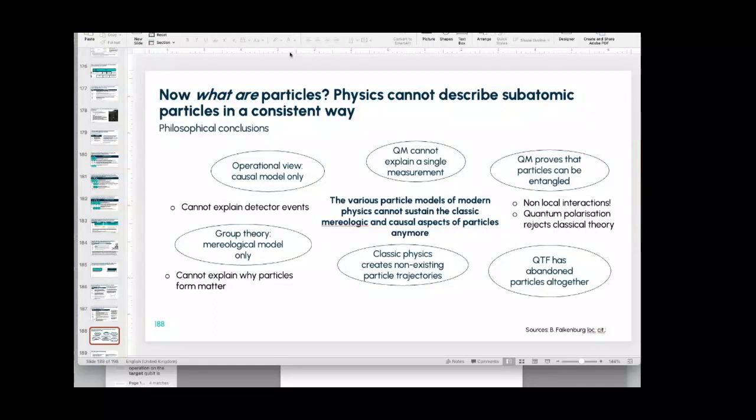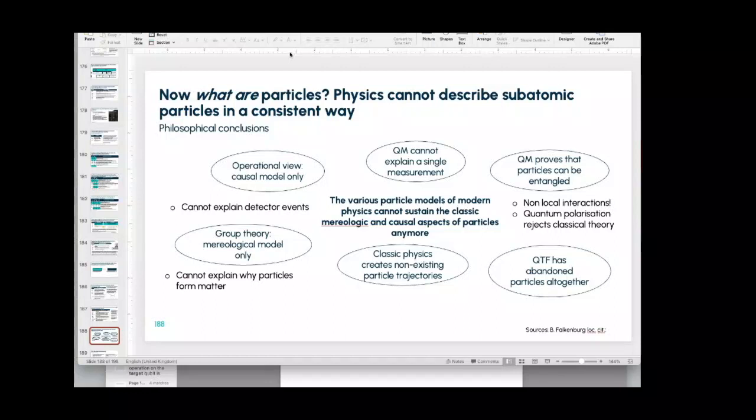The whole consistent history theory is only talking about quantum mechanics, in the sense of the Schrödinger and the Dirac equation. What this is about are the problems that arise if you add quantum field theory and group theory. Then you get completely contradictory views of what a particle is. So if you ask a modern physicist, what is a particle? They say, oh, in the operational sense it is this, in the classical quantum mechanical sense it is this, in classical physics it is this, in group theory it is this, in quantum field theory there is no particle anymore. So